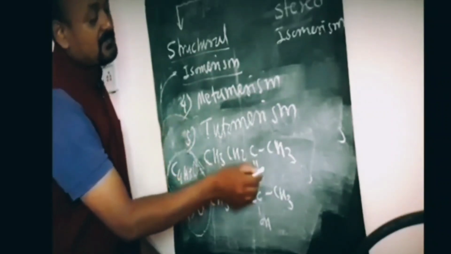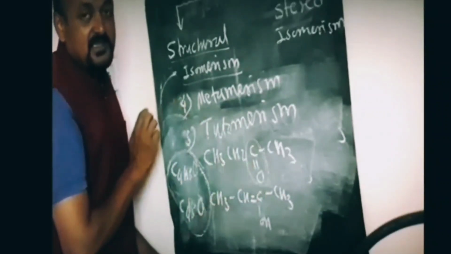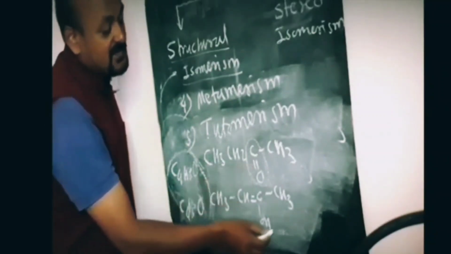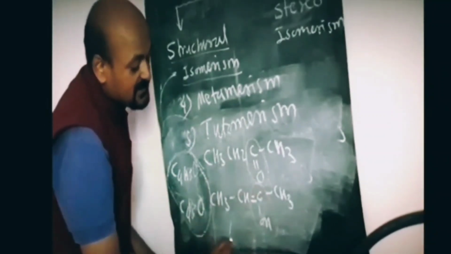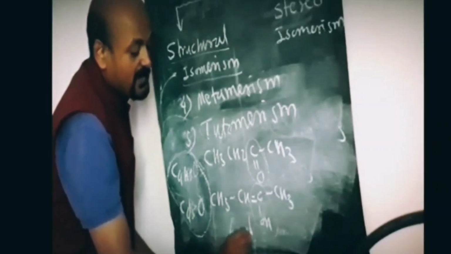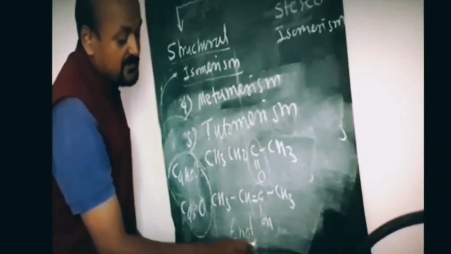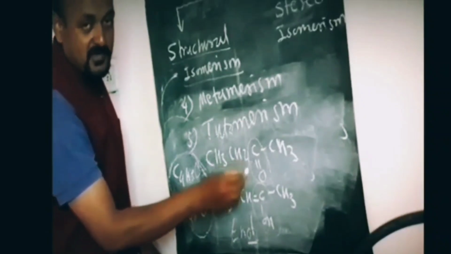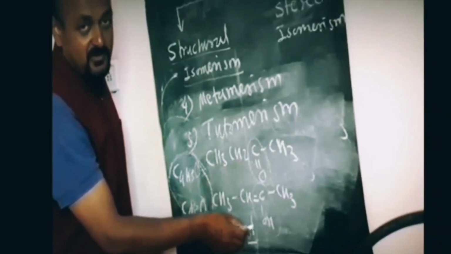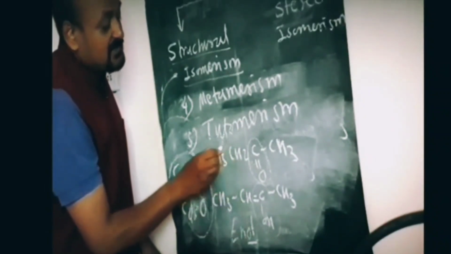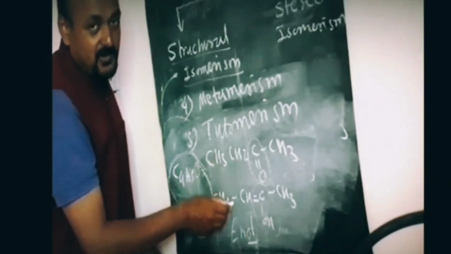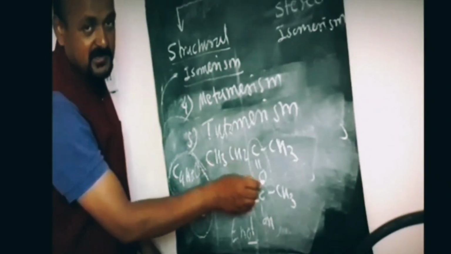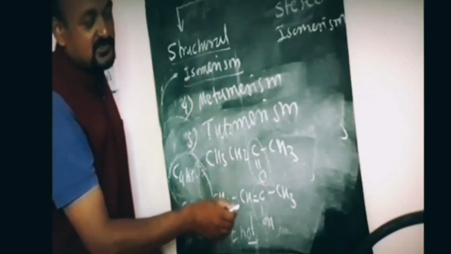Okay, now here this form is known as the keto form because here a ketone group is present, whereas this form is known as the enol form, E-N-O-L. Here OL means nothing but alcohol group. So this is the keto form and this one is the enol form. So in this way, these 2 compounds have the same molecular formula, but the position of one atom is different on the chain. So such isomers are known as tautomers,